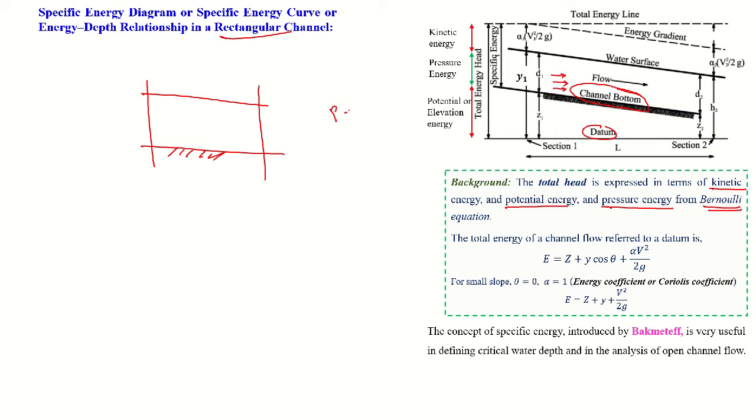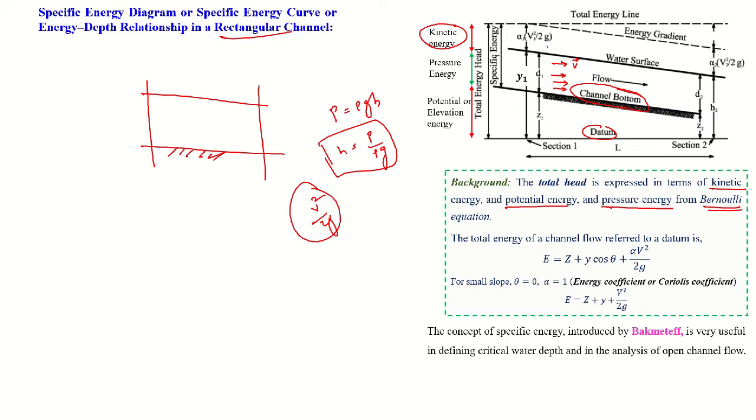The water is flowing in this condition, so it has some pressure energy. We can write the pressure as density, gravity, height. So this energy in terms of head is P by density into gravity. And this water is flowing from the higher to the lower section with some velocity, so it also has some energy. That is called your kinetic energy, which can be represented in terms of V square by 2g.